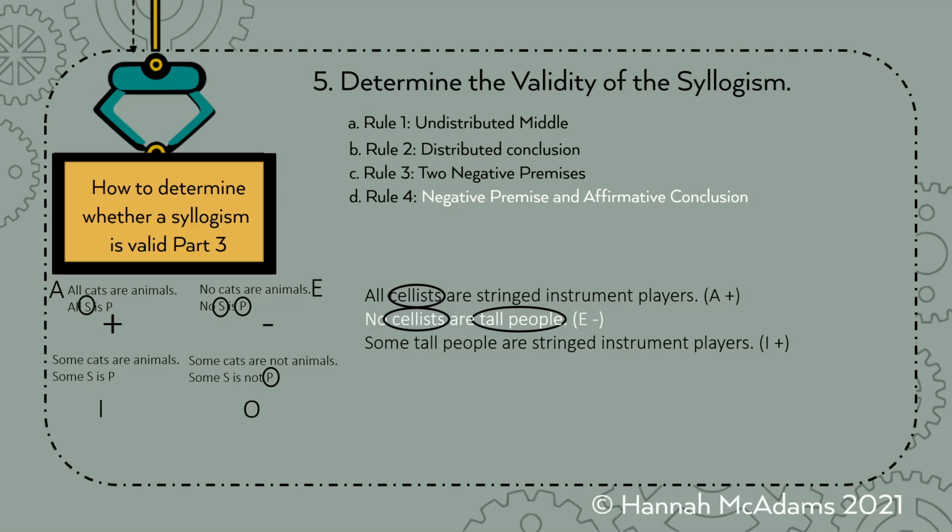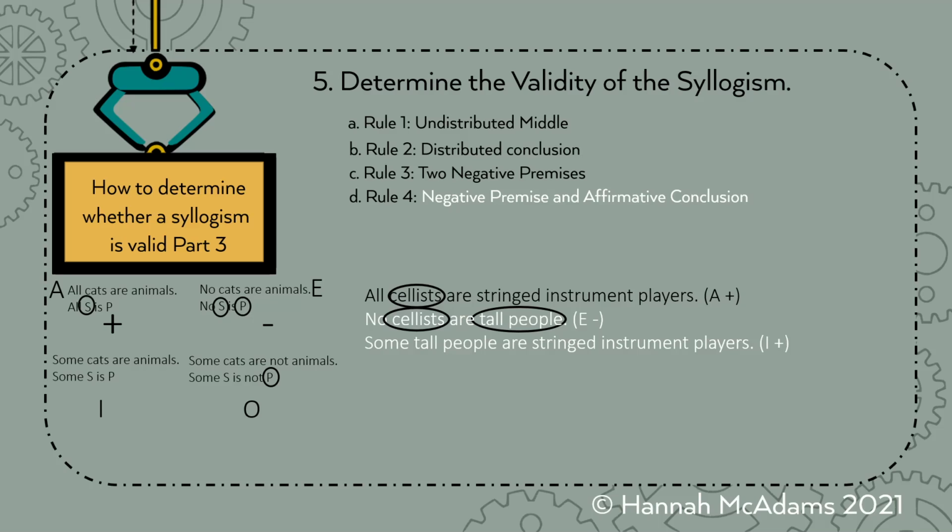But this one is negative, right? And this one is positive. So this is breaking that rule, rule number 4, negative premise and affirmative conclusion. Okay, and it is called